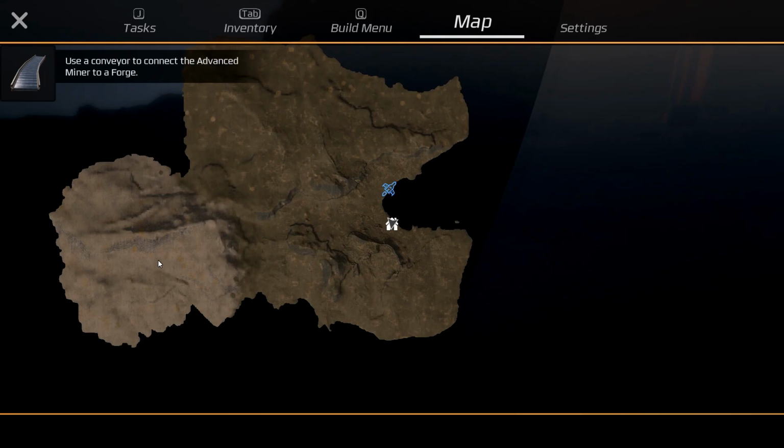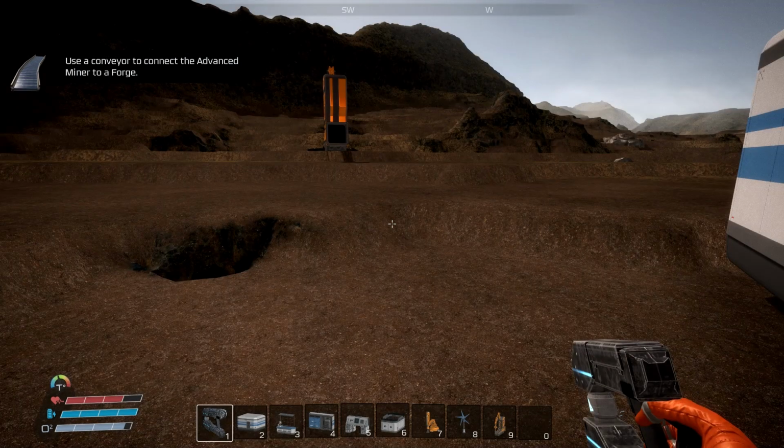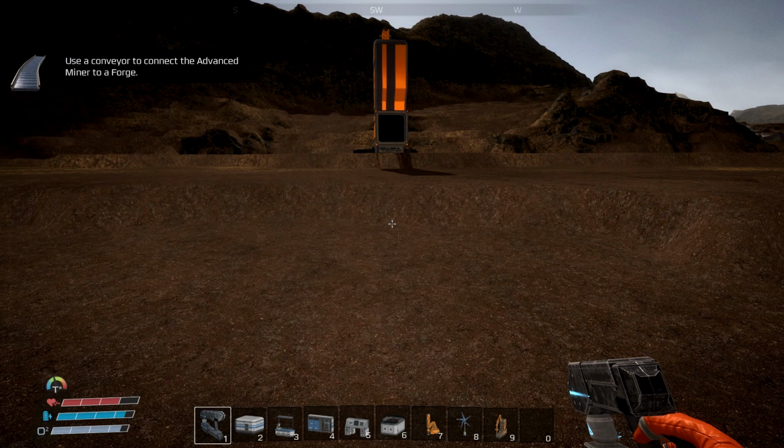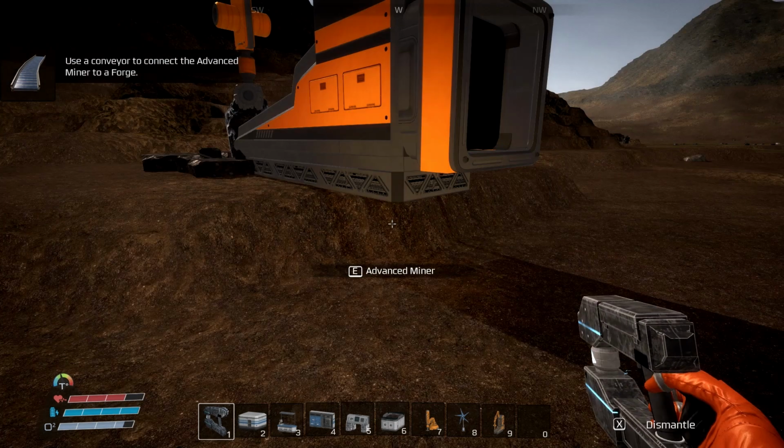Hit M for map, except my base and my map. But when you get the analysis thing, except for sulfur, is one of those things that you, and it's not extremely difficult to find. It's just, don't